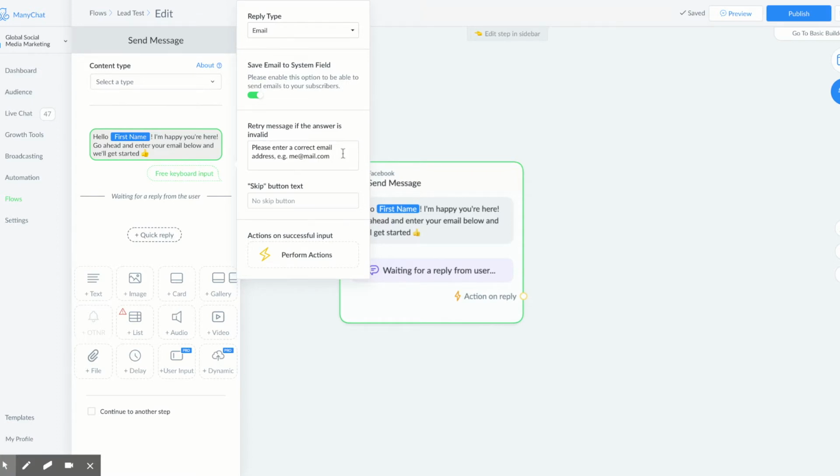Also, why we do this is a very important part. If they don't enter their email in the correct format, then they can't move on in the flow. It stops them. It will give them this message until